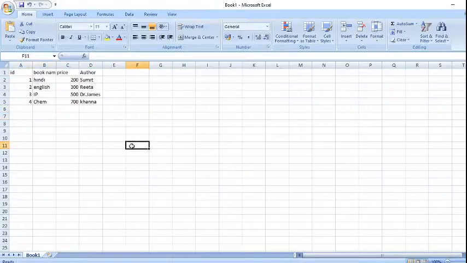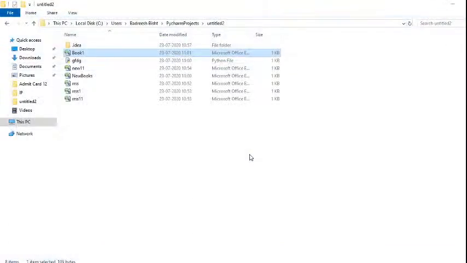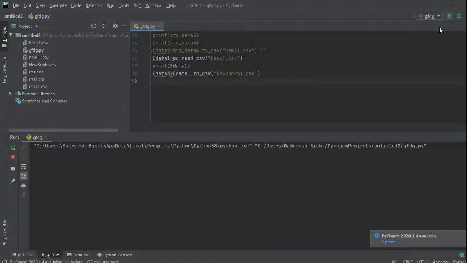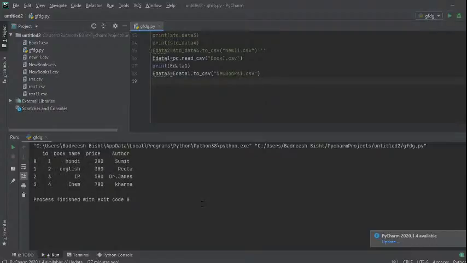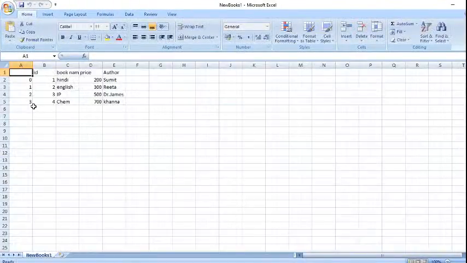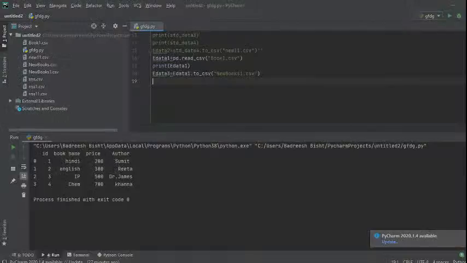I will remove this one, RD Sharma from mathematics I am removing, I saved this one. Now again, do you want to save? Second time I said no. Now exporting data, so new book 1. Now again I will run, I will get one new file, new books 1. So now see, new book 1 I have got, and in this the RD Sharma 5th mathematics will not be there. So in this, what you need to do today, just try to read data from Excel and try to